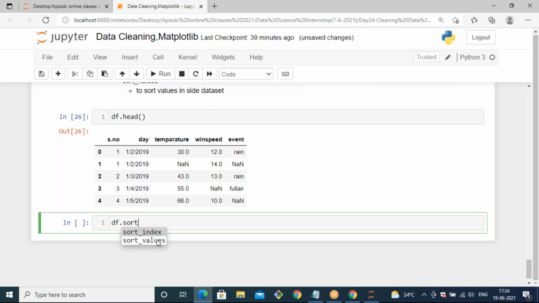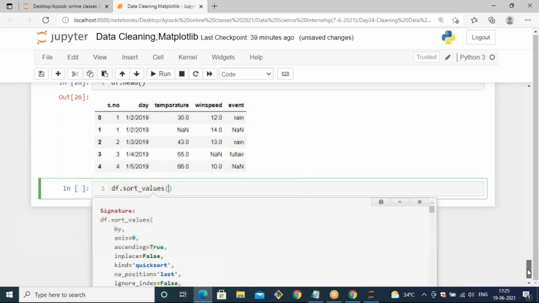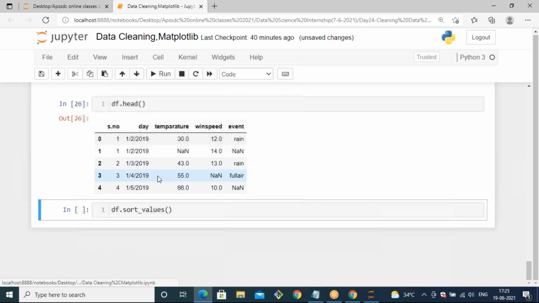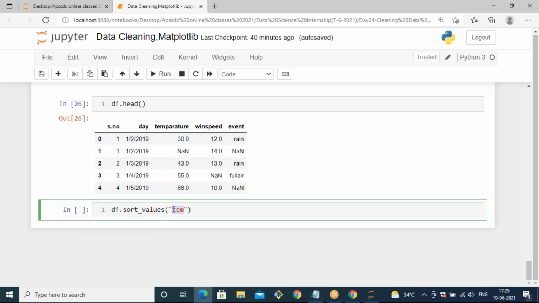If I want to sort the values, I use the sort_values method, where you can mention parameters such as which basis you want to sort on, axis or column. Here I am applying temperature, so based on the temperature I want to sort my values, and I pass that column name here.